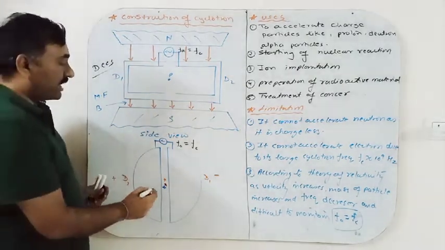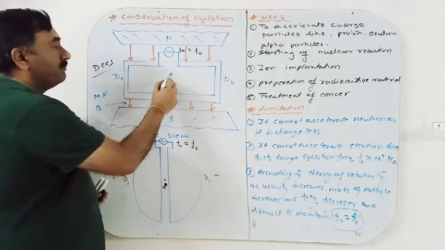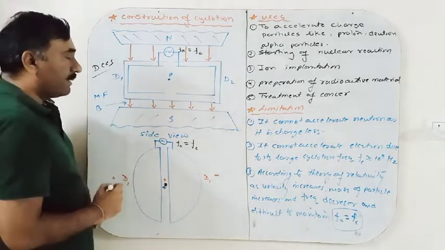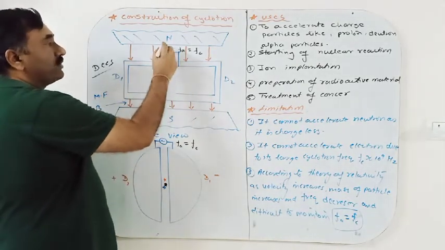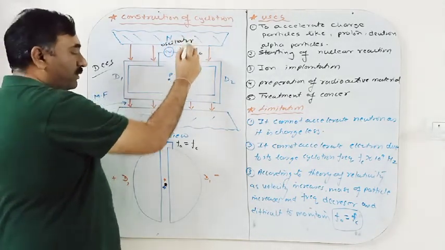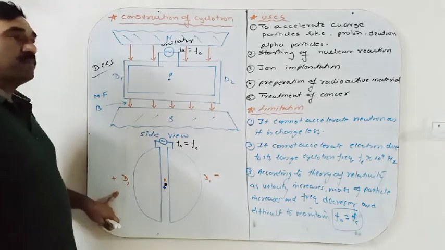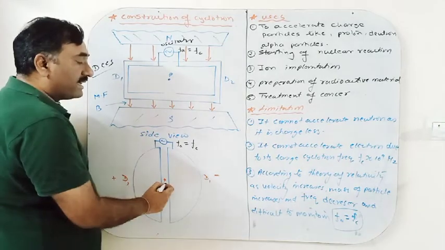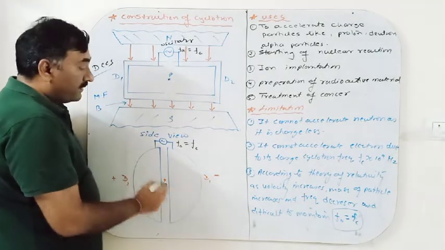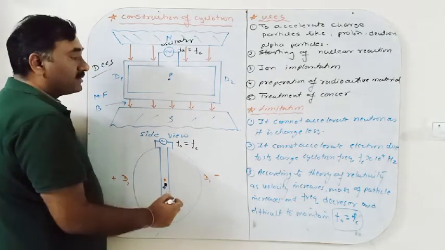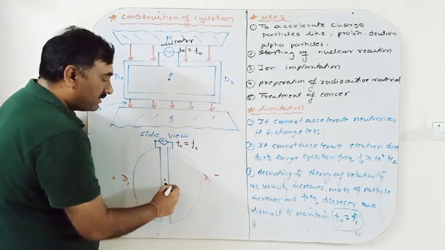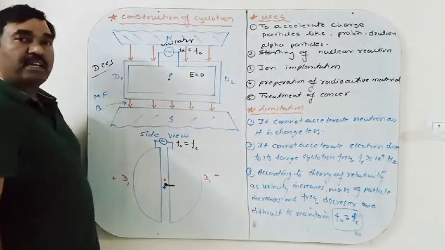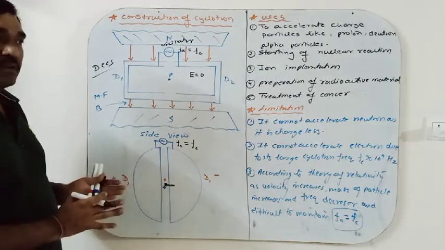We are taking a positively charged particle, a proton for example, between the two Ds, D1 and D2. As soon as a small electric field is applied across D1 and D2 with the help of this oscillator, then what happens? At any moment, if D2 is positive, then D1 is negative. So this charged particle will enter the hollow D1. As soon as the charged particle enters D1, the electric field inside the D is zero. There is no electric field inside the D due to the effect of electrostatic shielding.